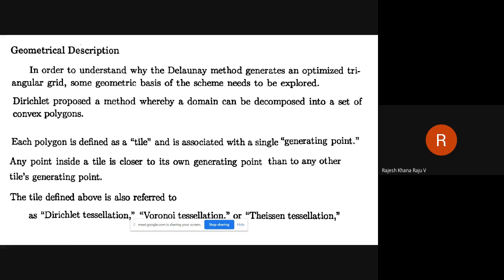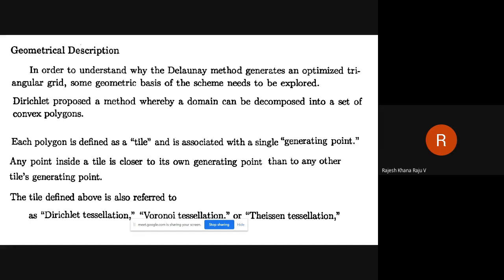So before we go into detail on the Delaunay method algorithm, let us discuss something about the geometrical description used in the Delaunay method. In the Delaunay method, we place the grids within the domain, and those grids are the nodes, and using those nodes, the first task is to create convex polygons because we don't want concave.